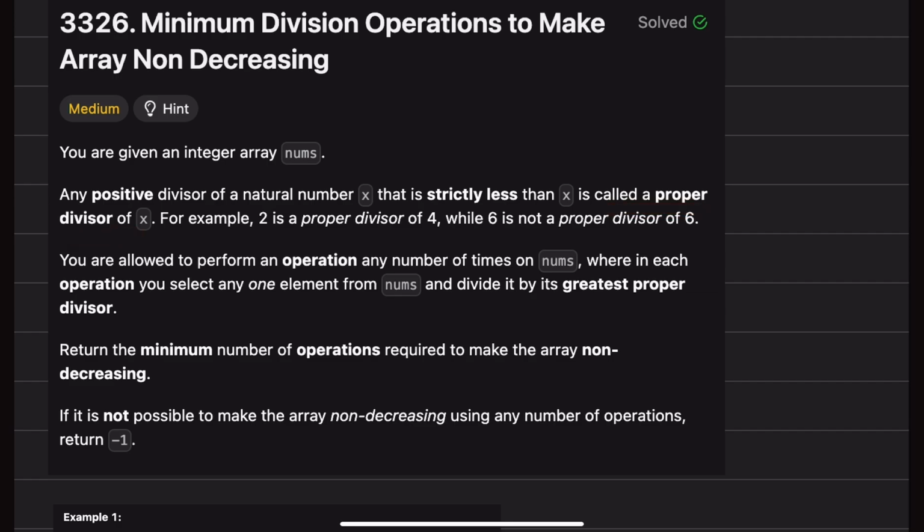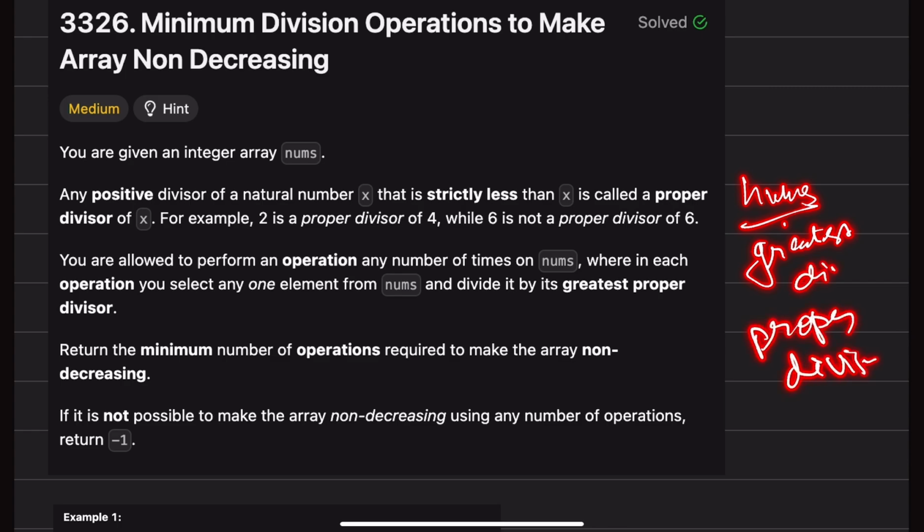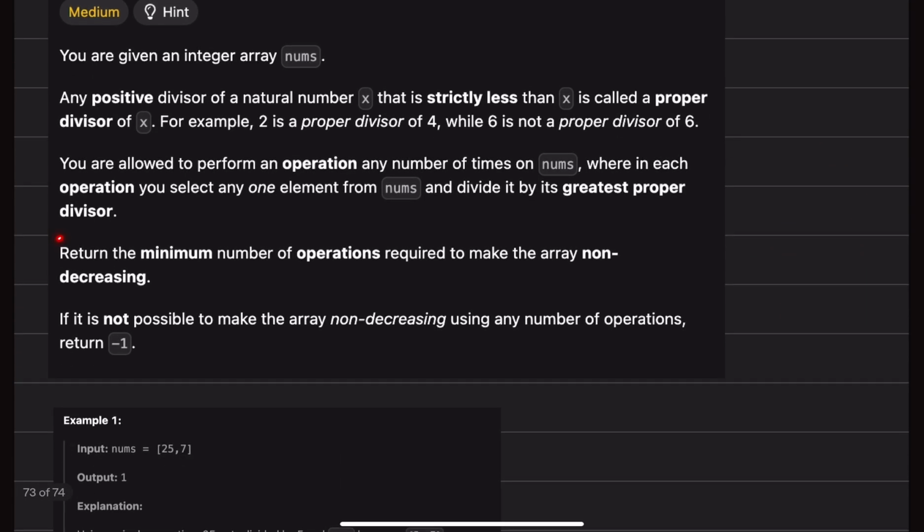You are allowed to perform an operation any number of times on nums, wherein each operation you select any one element from nums and divide it by its greatest proper divisor. So from the array you can divide any number by its greatest proper divisor. In one operation we can do it. We need to return the minimum number of operations required to make the array non-decreasing after performing these operations. If it is not possible to make the array non-decreasing using any number of operations, then we need